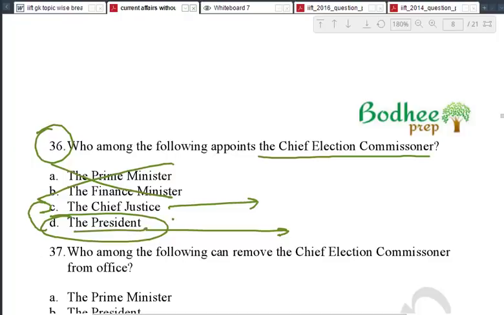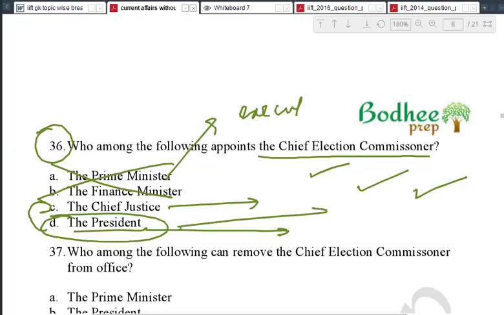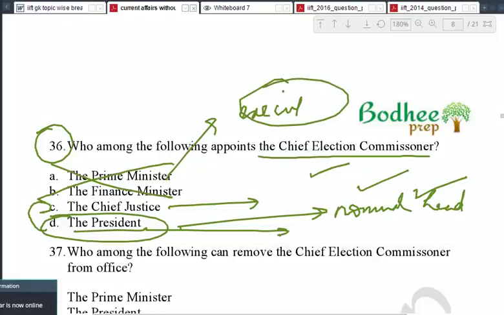He is the Commander-in-Chief of the Armed Forces. He appoints the Chief Election Commissioner. He appoints the Supreme Court Chief Justice. He appoints the governors of course, at the suggestion of the Prime Minister. In other words, the Prime Minister is the executive head, right? And the President is the nominal head. Naam ke liye. He is the head just for namesake. The power is with the Prime Minister. Are we clear about it?